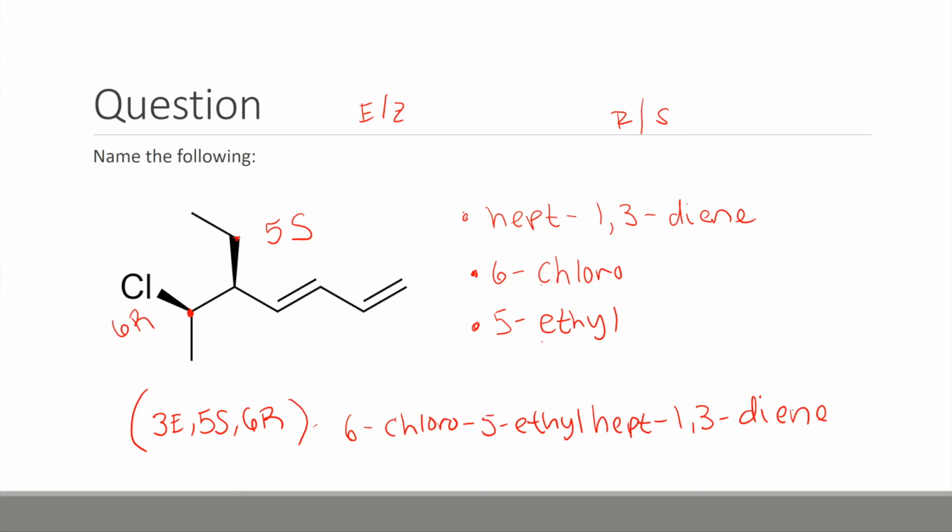So like I said, this basically has every situation you would see when using our E and Z and R and S configurations. And when you have 2 double bonds, remember we use di here,